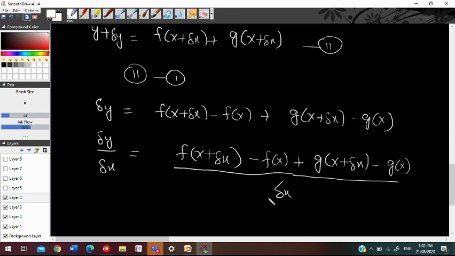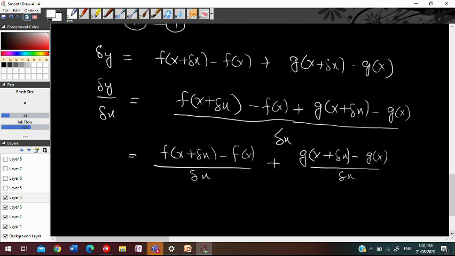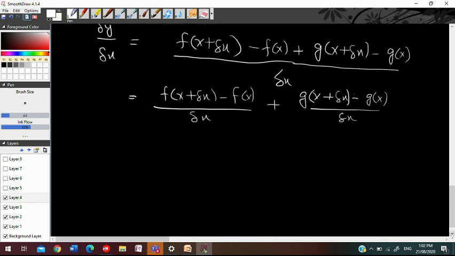And if we separate our equations, f of x plus del x minus f of x divided by del x plus, because the denominator is the same, we can use it on both, g of x plus del x minus g of x divided by del x. Now we apply the limit on both sides, the last step, limit del x approaches 0,